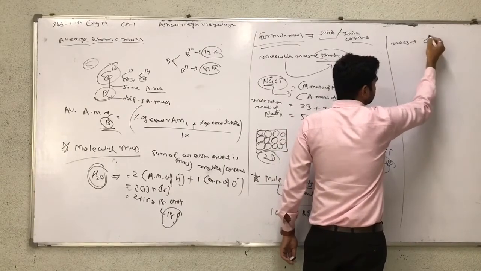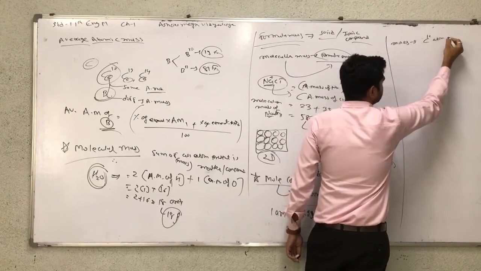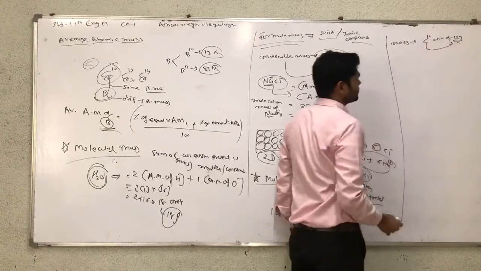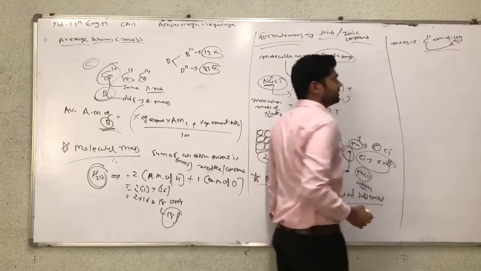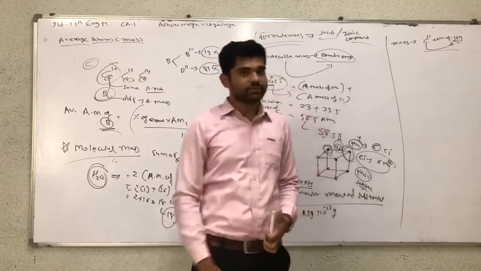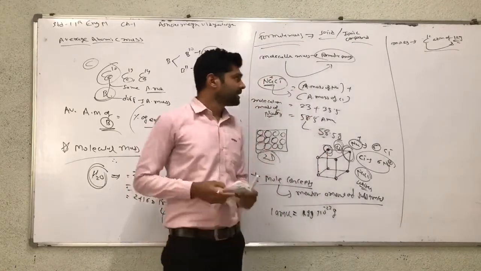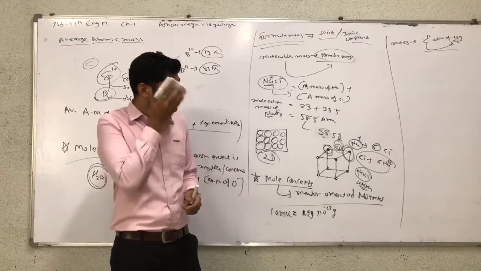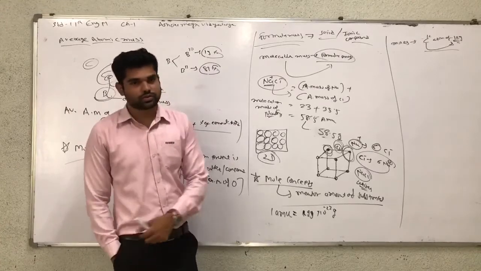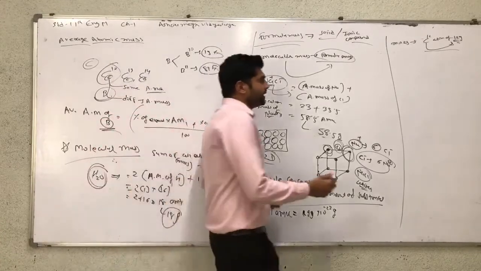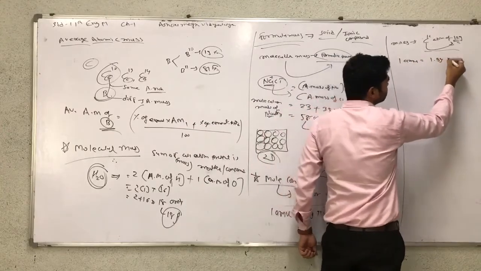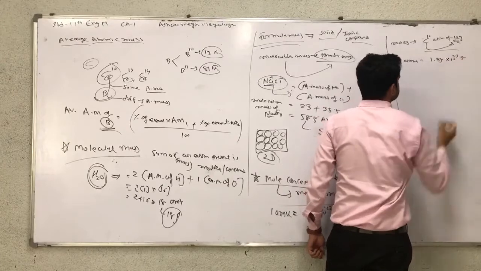It means C12 atom of 12 grams. It means carbon atom of 12 grams. So the C12 isotope is used, and then how many particles? 1 mole means what? 12 grams of carbon mass is considered as a mole. But how much is the mass of this mole? Converted, 1 AMU is equal to 1.99 into 10 raised to minus 23 grams.